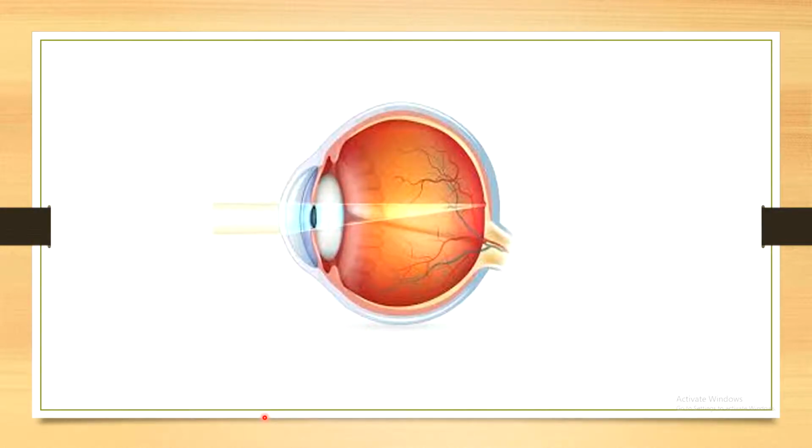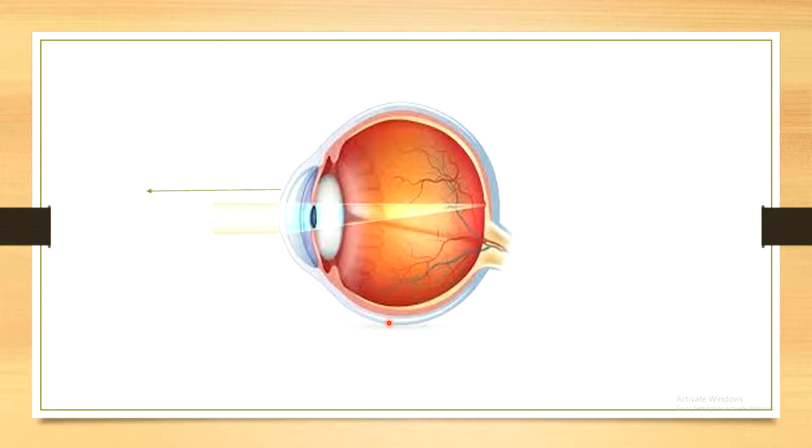observe the image of the eyeball. The eyeball is approximately spherical and has a diameter of about 2.4 centimeters. The working of the lens in the human eye is extremely important. So let's know about the eye structure and the function of the eye.